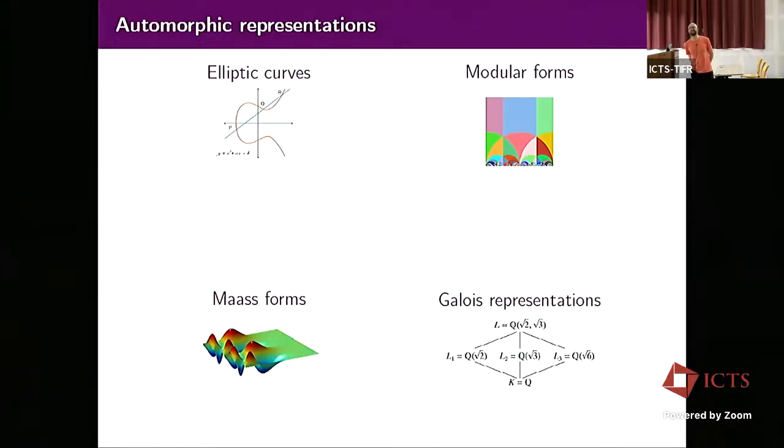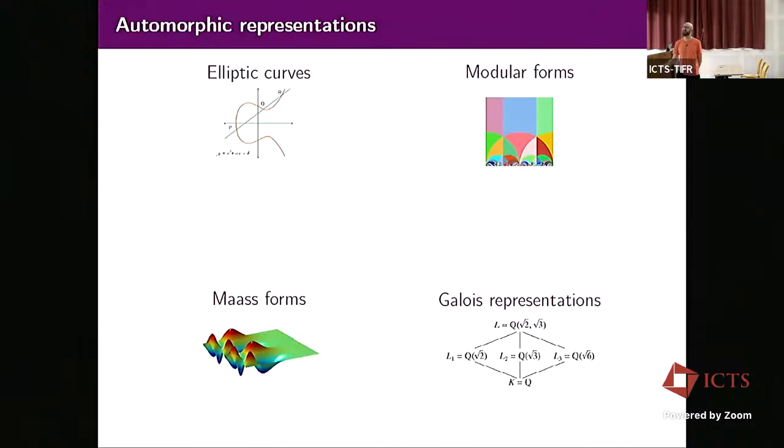So in number theory at large, there are various types of objects. You may have met one of these. Elliptic curves, for instance: you can wonder about counting rational points or the structure of the group of points of an elliptic curve. Modular forms, which can be seen as generating functions of certain arithmetic quantities. Mass forms, which are eigenwaves on drums being arithmetically shaped. Or Galois representations, which are a main tool to study algebraic extensions and algebraic number theory.